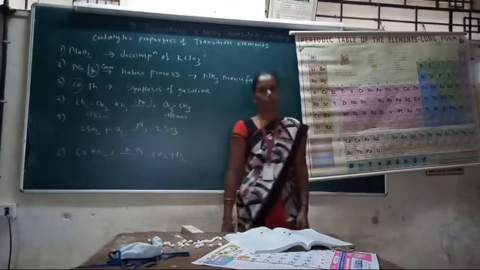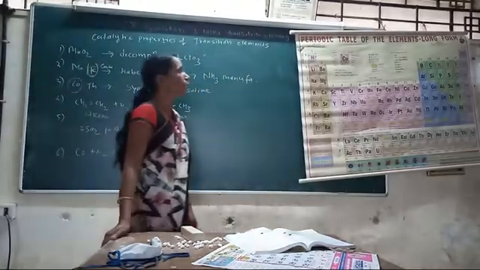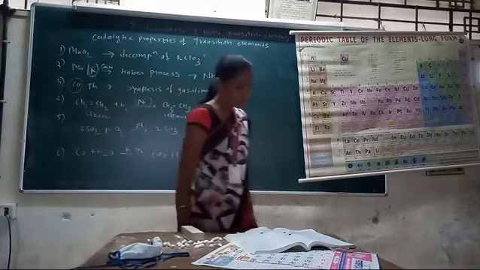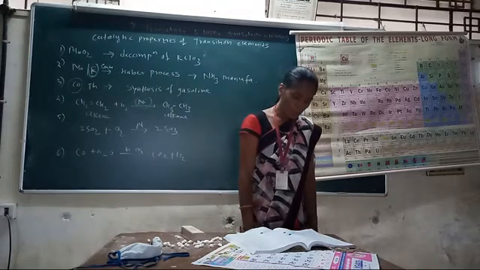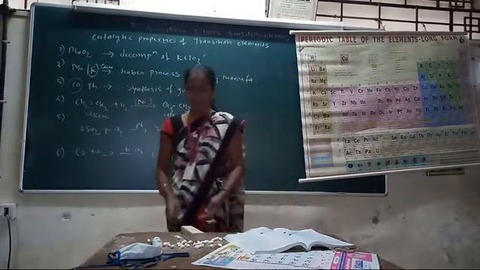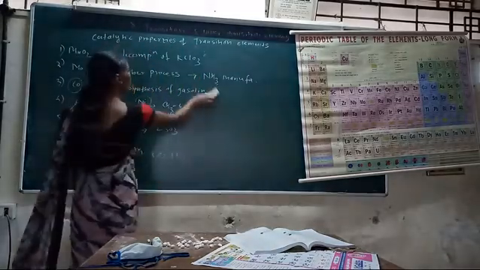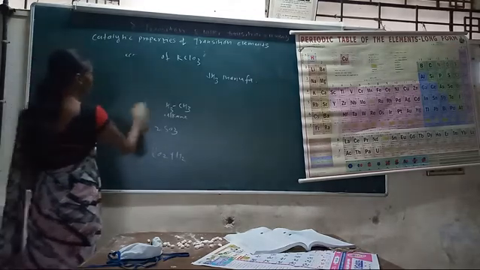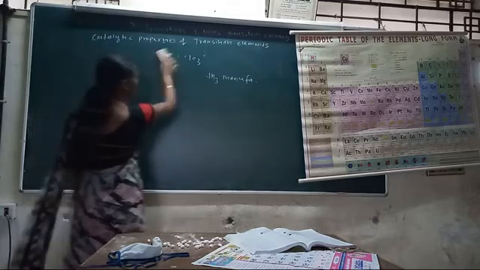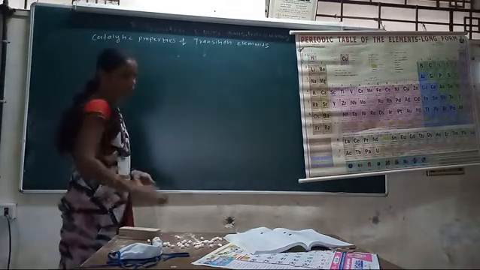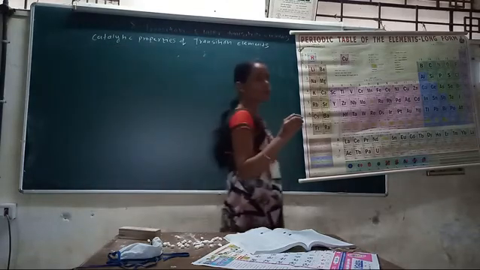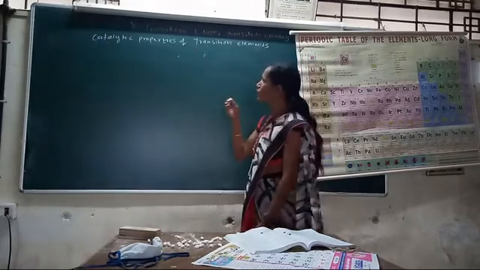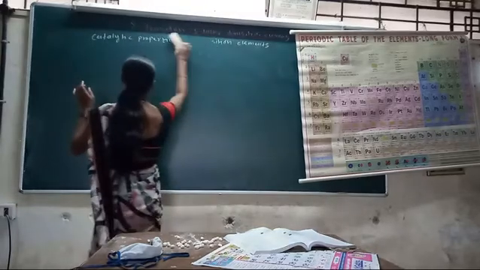All these metals have variable oxidation states, due to which transition metals and inner transition metals are mostly used as catalysts. Then the next point is formation of interstitial compounds. An interstitial compound is formed when small atoms like hydrogen, carbon, oxygen are added to the metal. Interstitial compound means